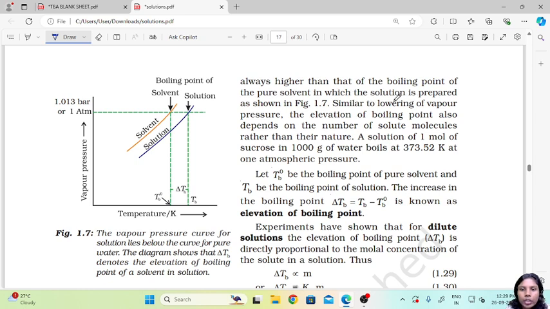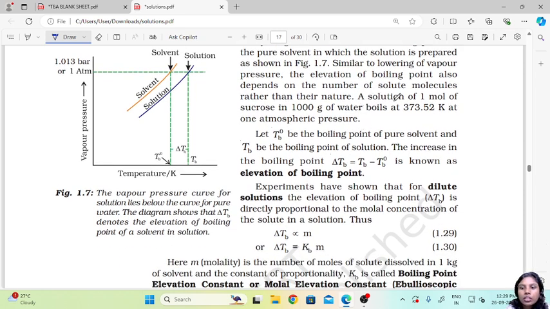Similar to the lowering of vapor pressure, the elevation of boiling point also depends on the number of solute molecules rather than their nature. So we are saying that the elevation of boiling point depends on the number of solute molecules present rather than their nature. Now, a solution of 1 mole of sucrose in 1000 grams of water